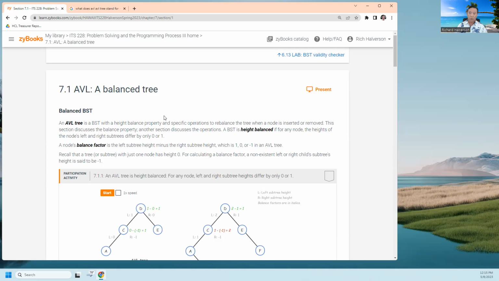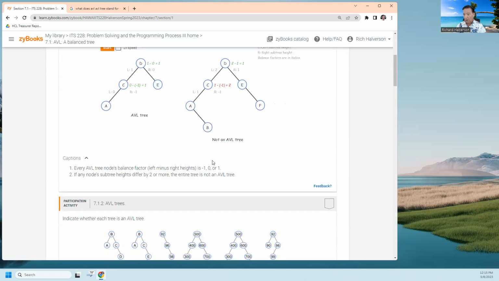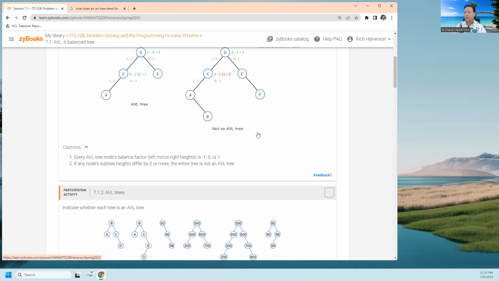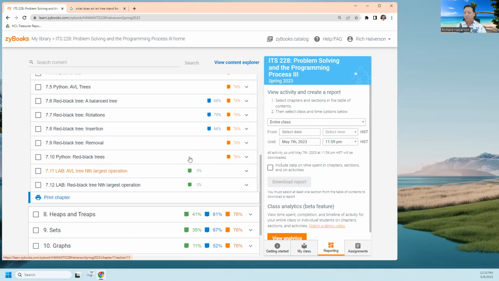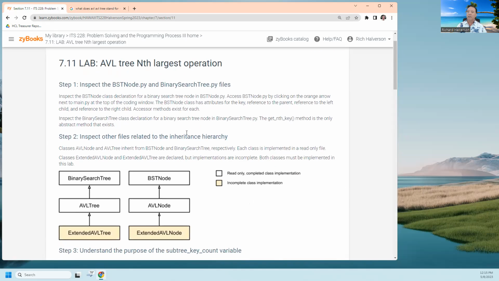And so rebalancing is just asking for the height of your left subtree and the height of your right subtree, and seeing if they're the same, and so on. All right, but in this problem,